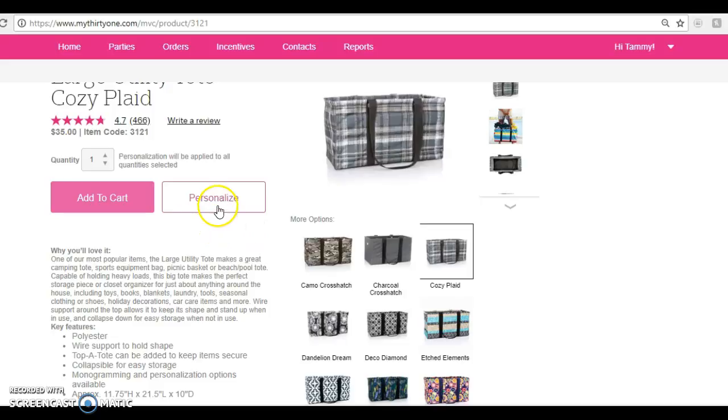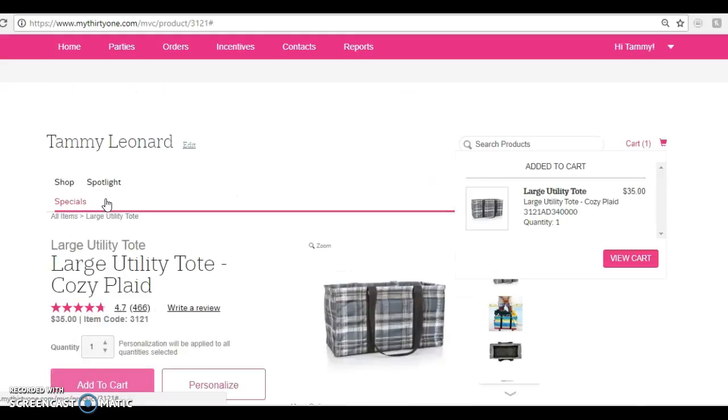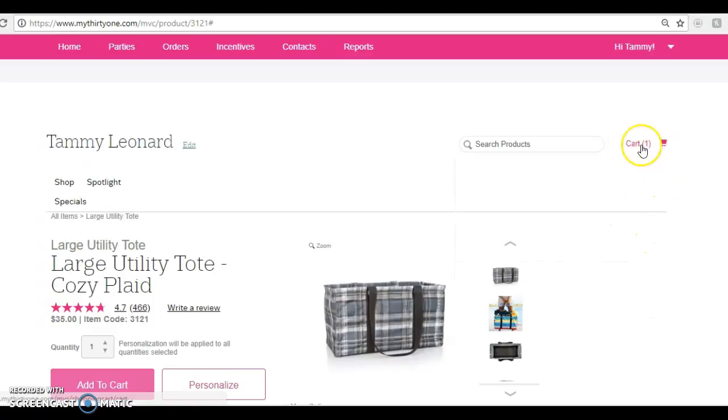And then you can either choose to personalize it or add it to your cart. So this one I'm just going to add to my cart. And it's going to show up over here on the right that it was added. Now you can always press the button or hover over the cart to get back to the cart. But if you just want to add another product,